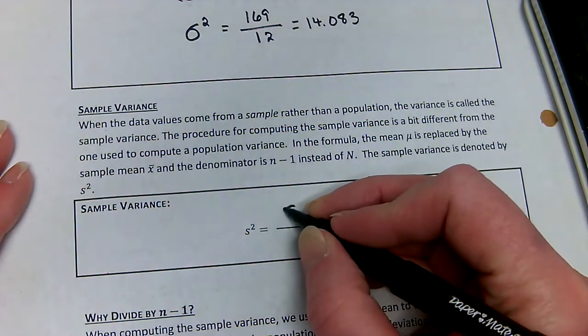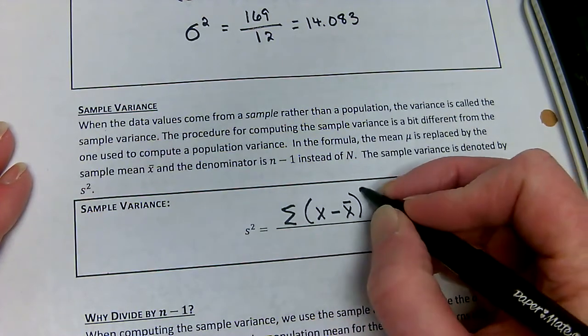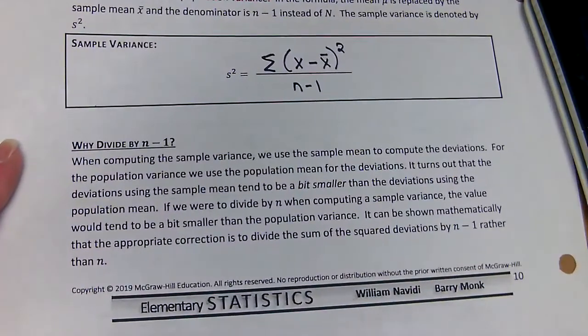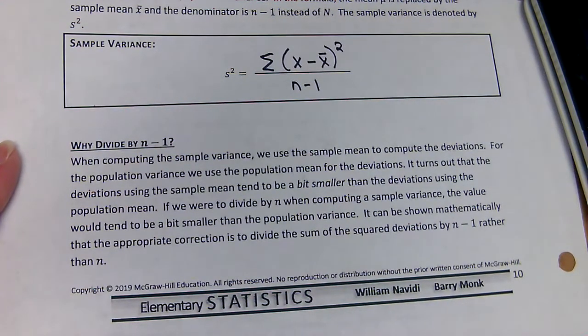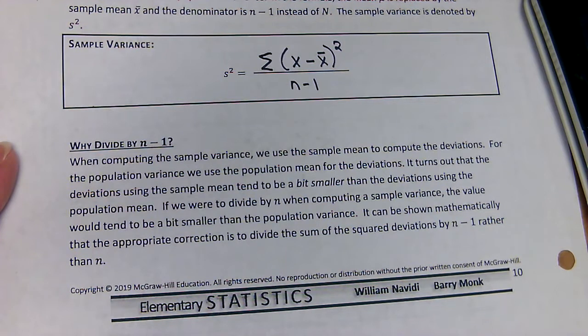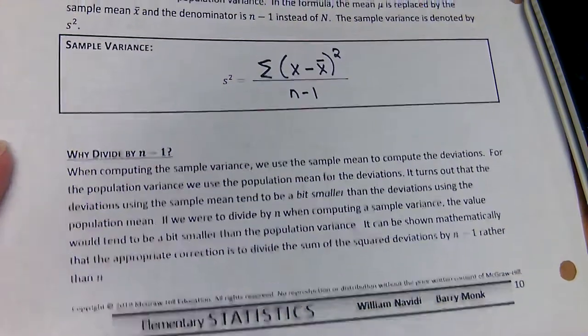But what we would do is add them up, each value minus the mean squared, and then divide by n minus 1. So let's talk about why it's n minus 1. When computing the sample variance, we use the sample mean to compute the deviations. For the population variance, we use the population mean. It turns out that the deviations using the sample mean tend to be a bit smaller than the deviations using the population mean. If we were to divide by n, the sample size, the value will tend to be a bit smaller than the population variance. So there's a long mathematical process on why, but